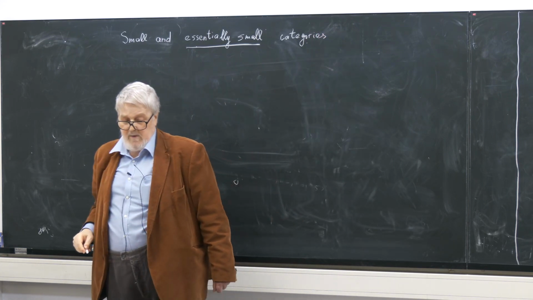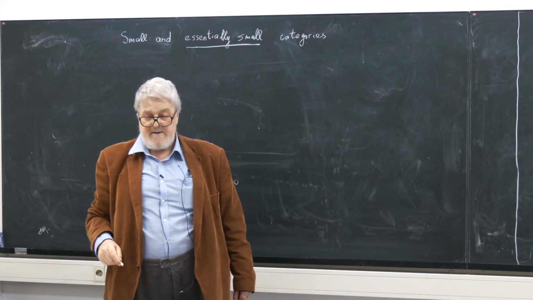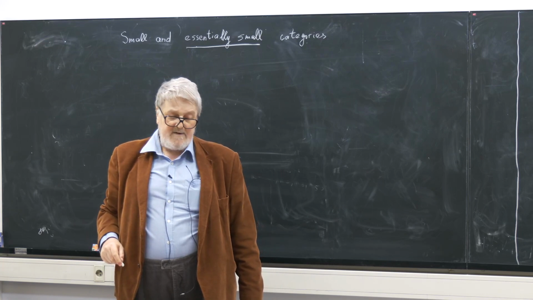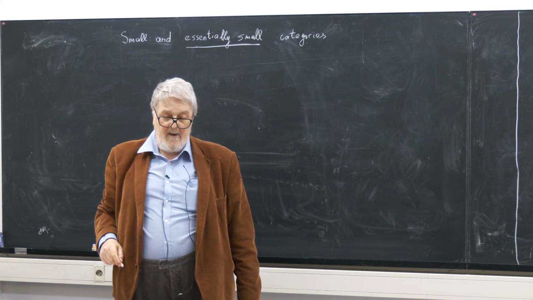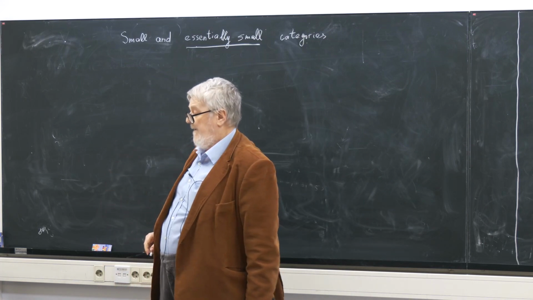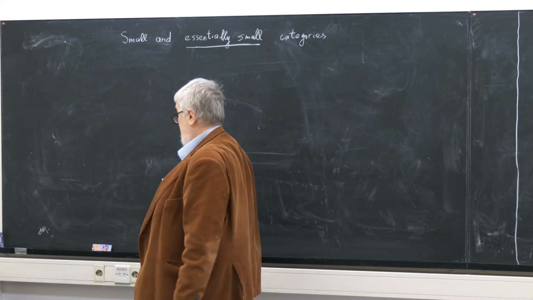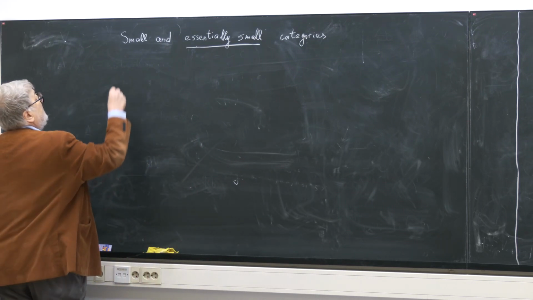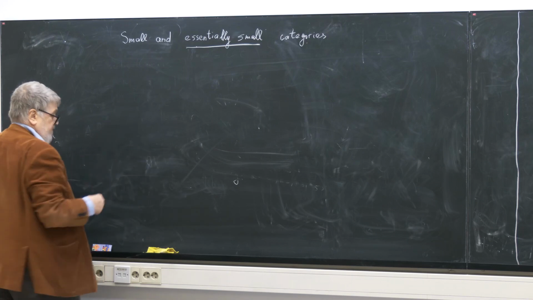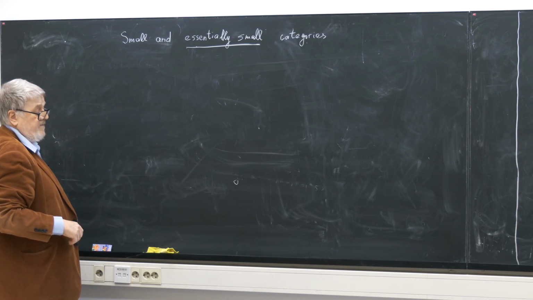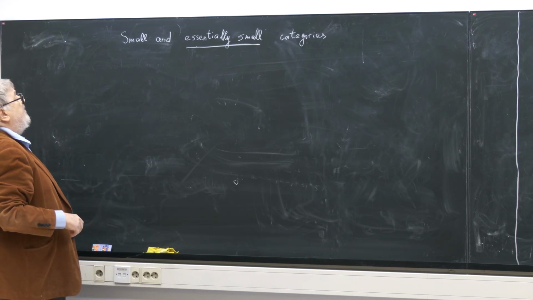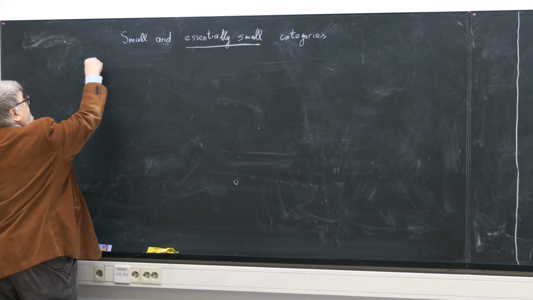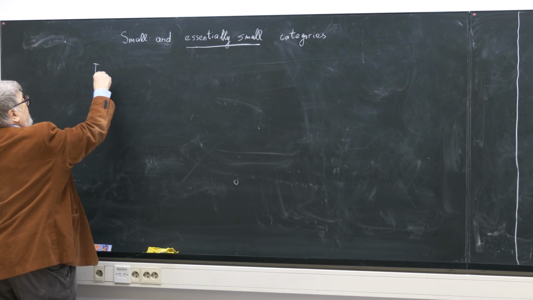As for the small ones, we have discussed one of the examples during the first lecture. I add another standard example. It was pronounced that the objects of a small category constitute a set, and then